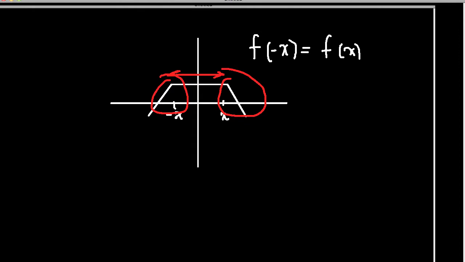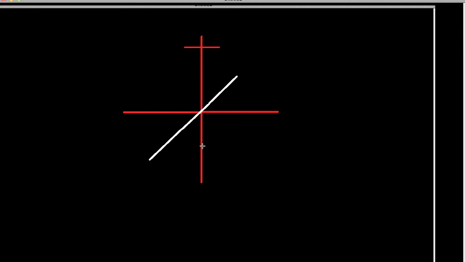Okay, now the function is odd if here we have our axis. If the symmetry, instead of being left and right, like we had in the previous case, is rather across these quadrants right here, so we have symmetry across there. So if everything here, let's say this is x, and this is negative x over here,